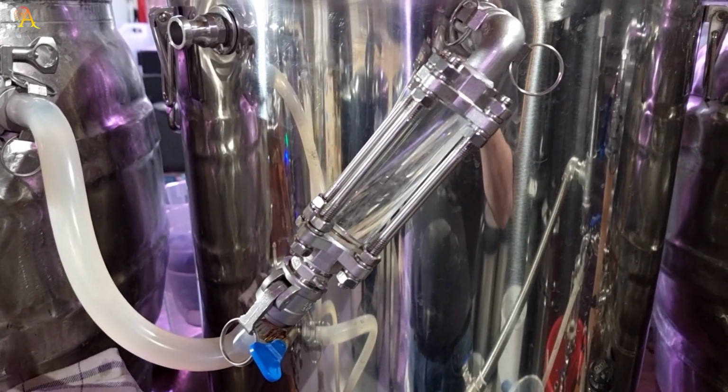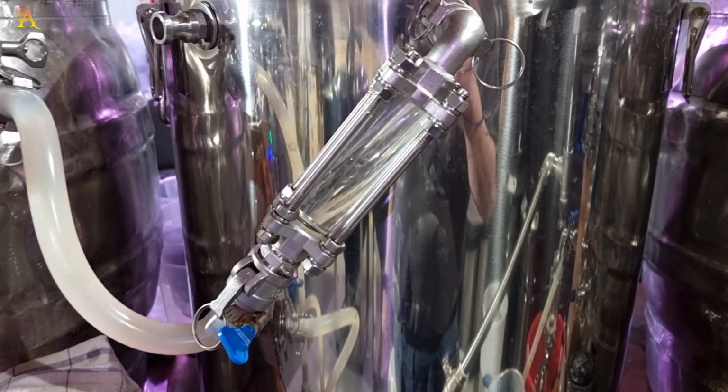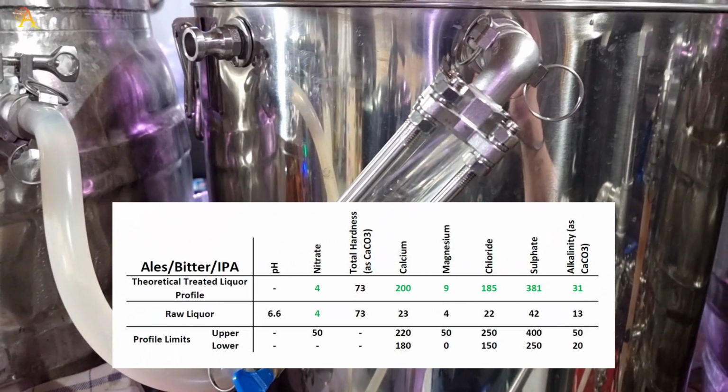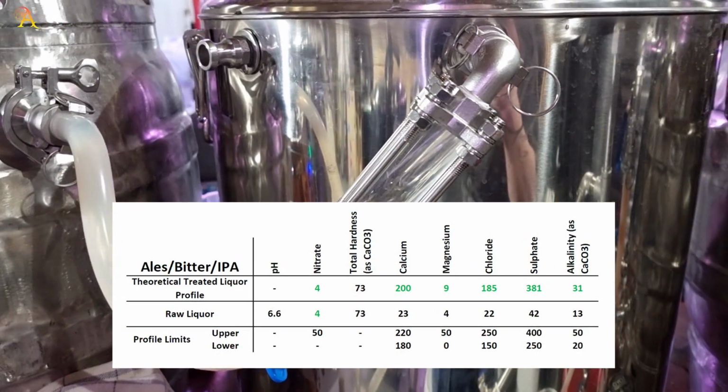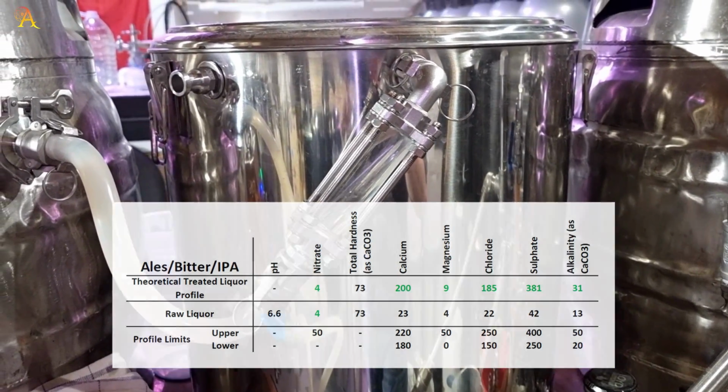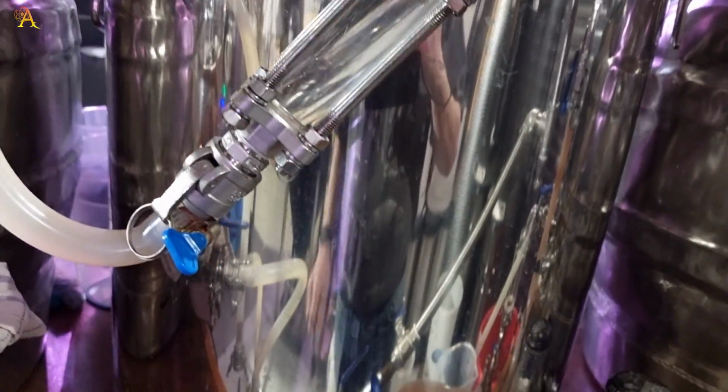Yeah. I'll put the Murphy's water report on screen, and we're down on everything that we should have for the ideal water profile for a bitter, but we're not down so far as to...